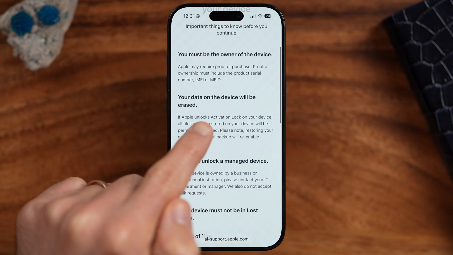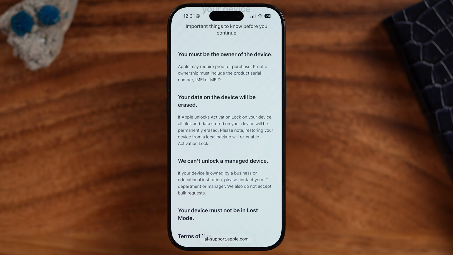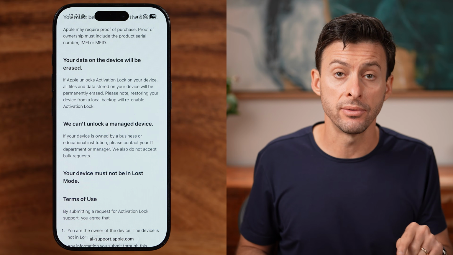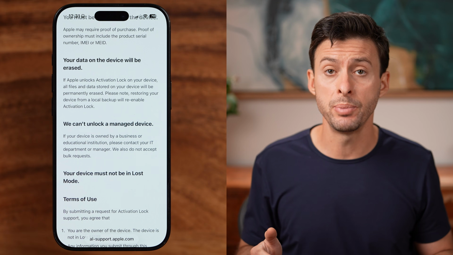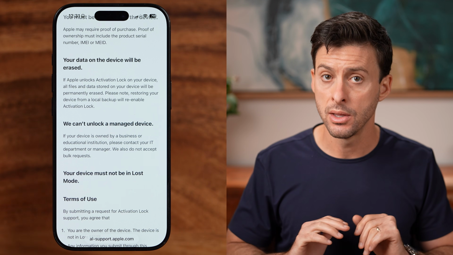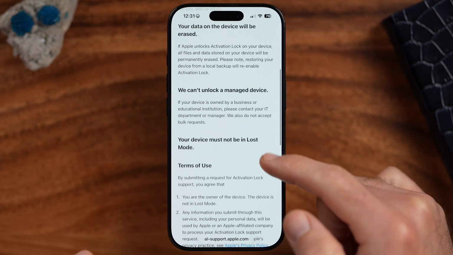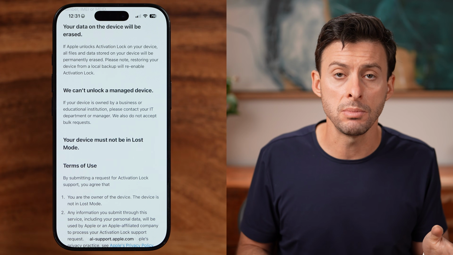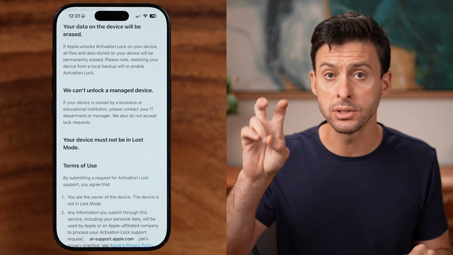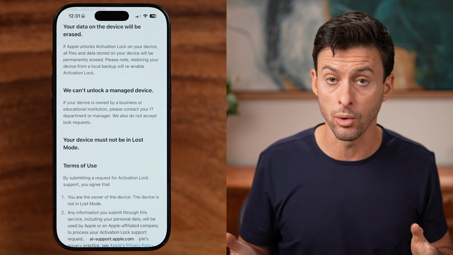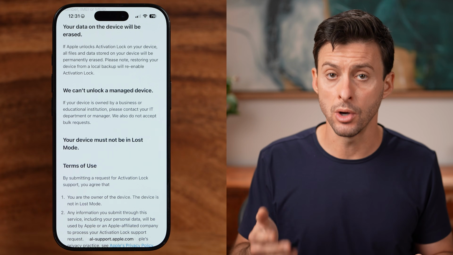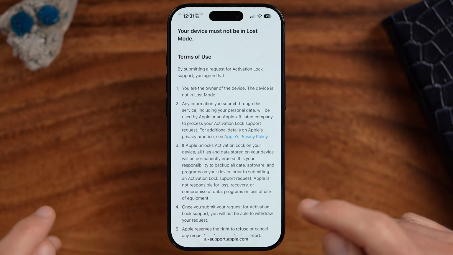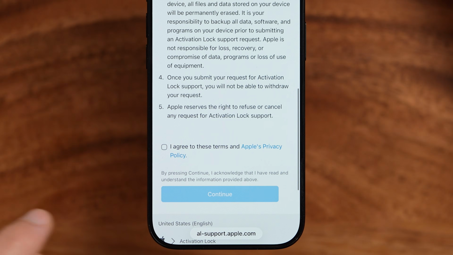Your device data will be erased, so that iPhone, all the data will be erased. We can't unlock a managed device. So if it's managed by a school or a business and it has a management profile, they won't unlock it. And then the device must not be in lost mode. Lost mode essentially means the owner of that iPhone marked it as lost, aka stolen or lost, and you won't be able to unlock it if that's the case. However, after you've gone through all that and all of that checks out, just scroll to the bottom and tap